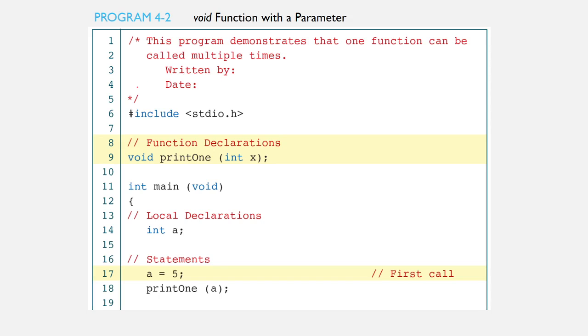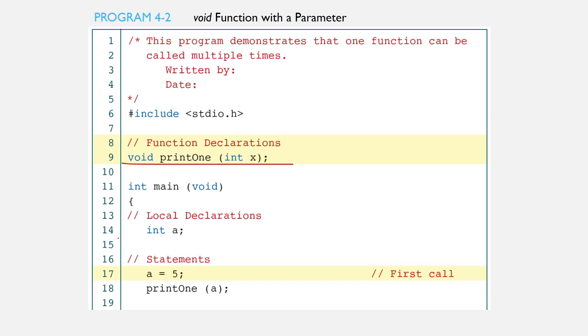A function can be called multiple times. So we have here line 6, the preprocessor directive for the standard input output header. And we have the function declaration at line 9 named print1.